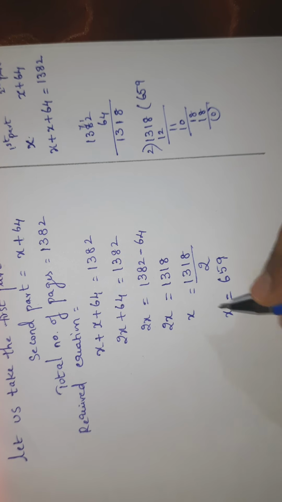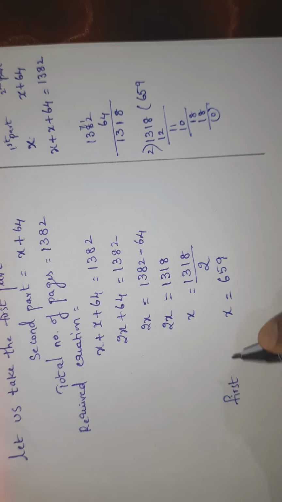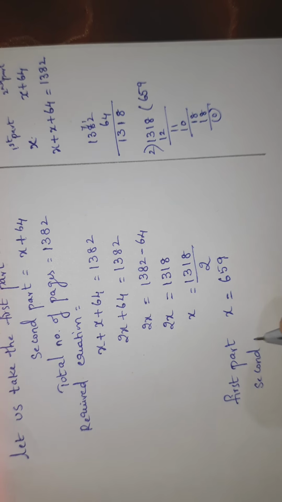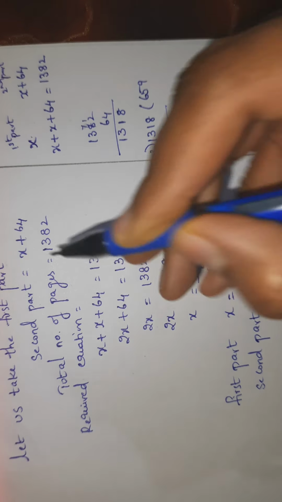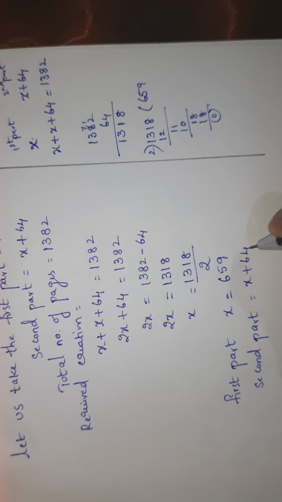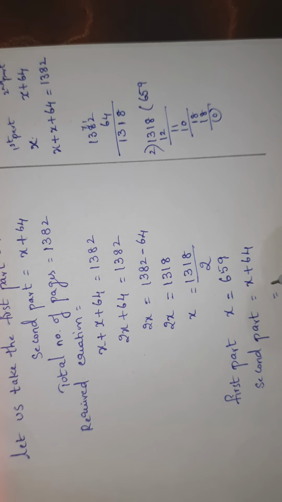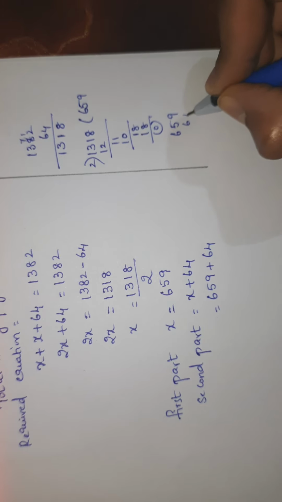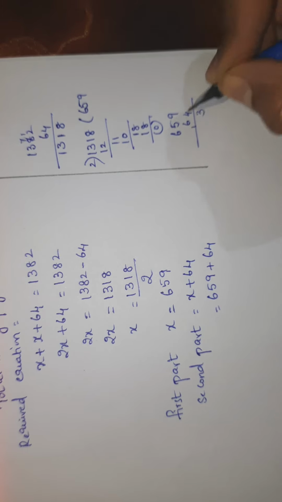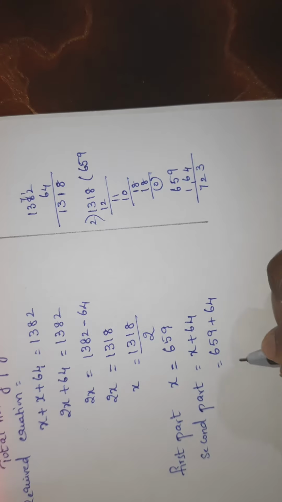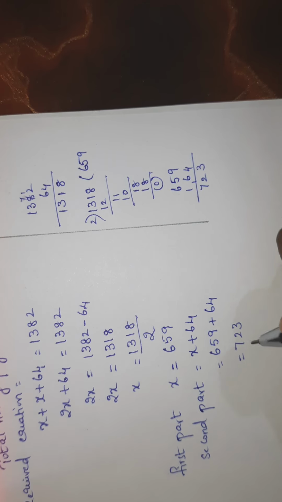Okay. Now, we have to find out the second part also. So, what is the second part? From the problem we have written, the second part is equal to x plus 64. How much is x? We already have 659. So 659 plus 64. If we add, 9 plus 4 is 13, 6 plus 5 is 11 and 12, 7, 23. So the second part is